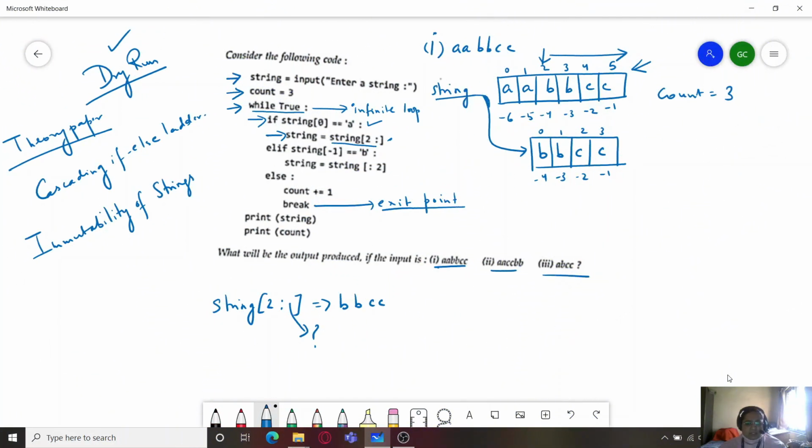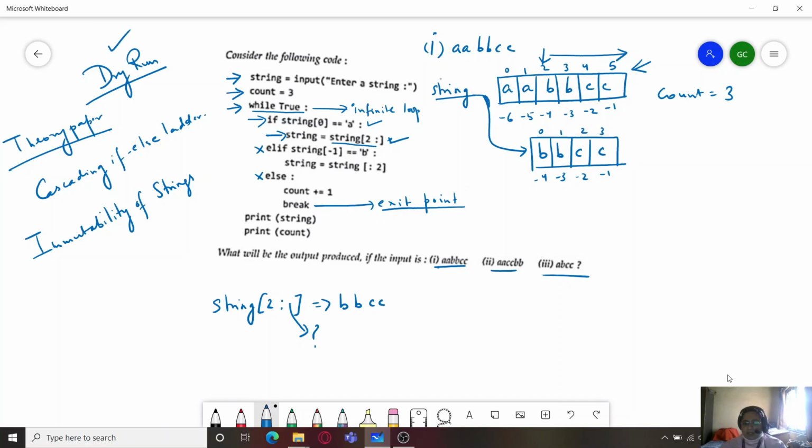So as we can see, the first if statement has been executed, hence none of these would be executed. Now they would be skipped, because in a cascading if else ladder we know that if one of the conditions is true, only that particular statement is executed, rest all are skipped. So now we move to the next iteration of the loop.